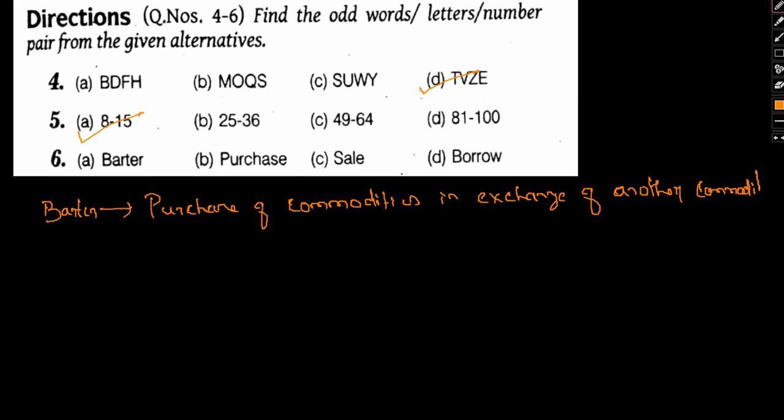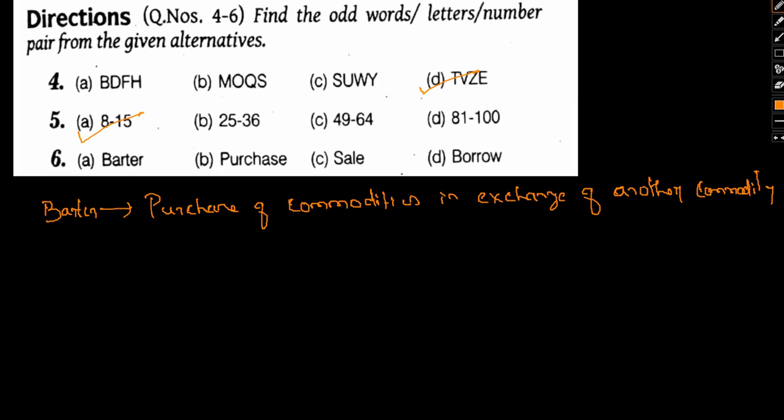So let me give you an example. Say in the earlier days where the concept of money or currency was not there, what used to happen was that suppose I want to purchase sugar from someone, right? And that particular person would want salt from me. So I would be giving him a certain ratio of salt and I'd be getting back a certain amount of sugar from him. So basically it's an exchange process. So that's what it's called barter system.